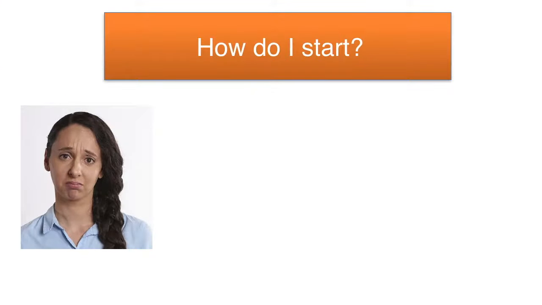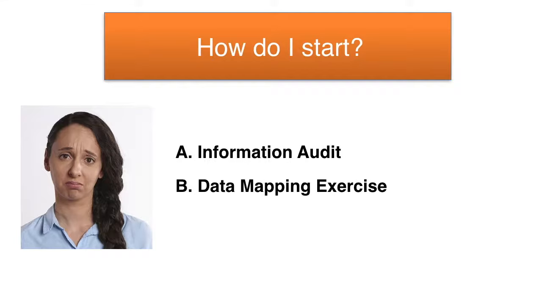Well, the first thing you have to do is an information audit. This is all about assessing the personal data in your organisation and seeing whether you tick the 6 key principles. Another thing you should do is a data mapping exercise. This is all about understanding how the personal data comes into your organisation, where it sits and how it leaves